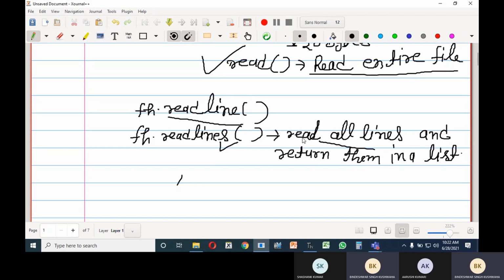But we have also experimented that if we provide some argument, what will happen is it will read one line. So if you provide any argument, it will return one line.